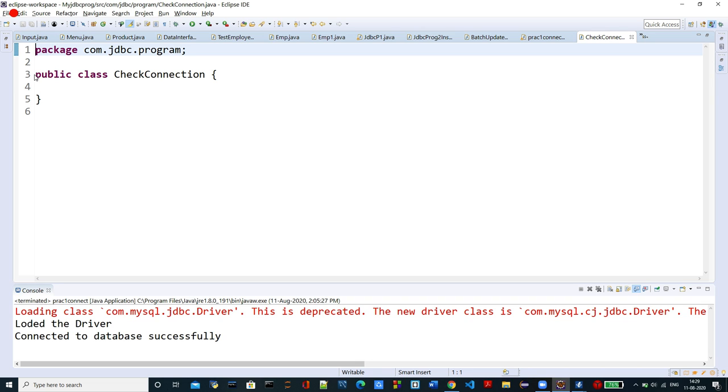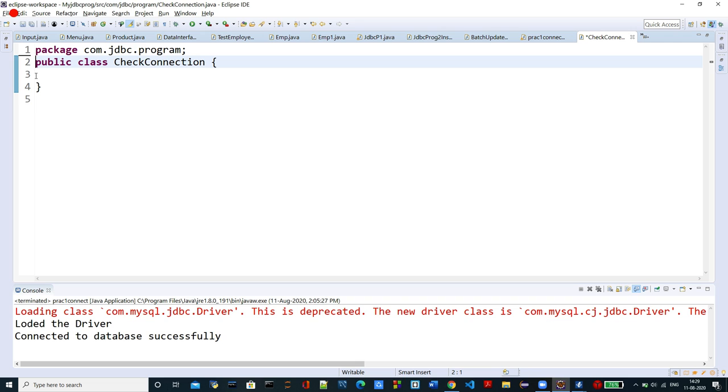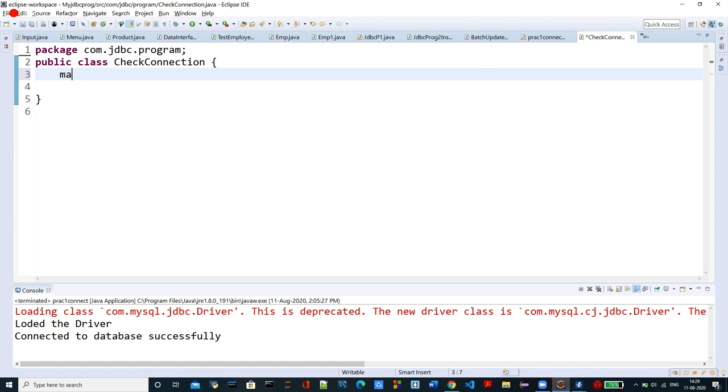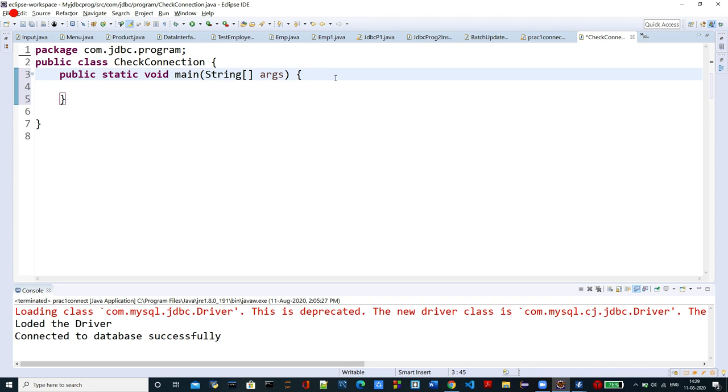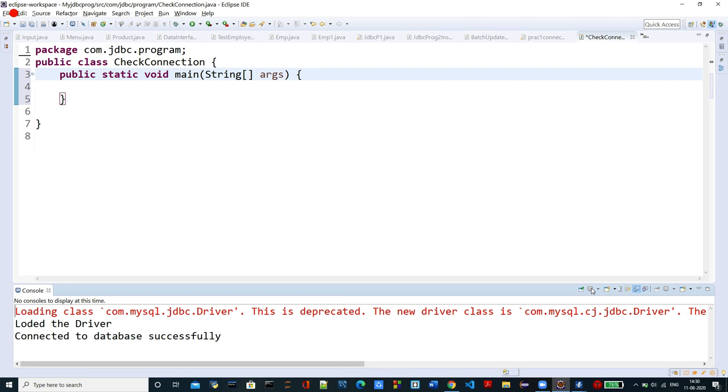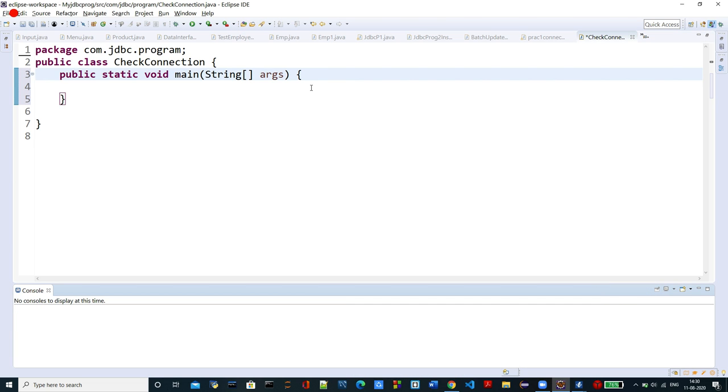In this program, we will check whether my Java application has been connected to the database or not. I'll write the main method. The first step to connect your Java application to the database is by loading the driver.